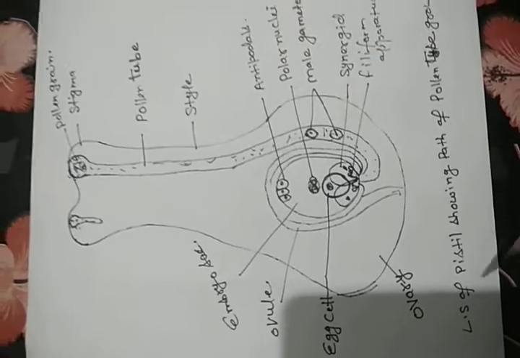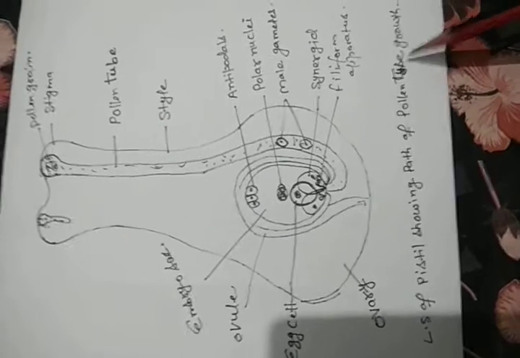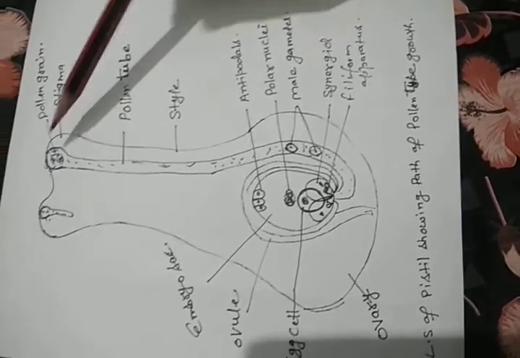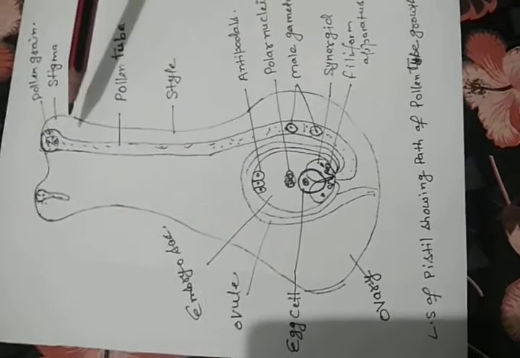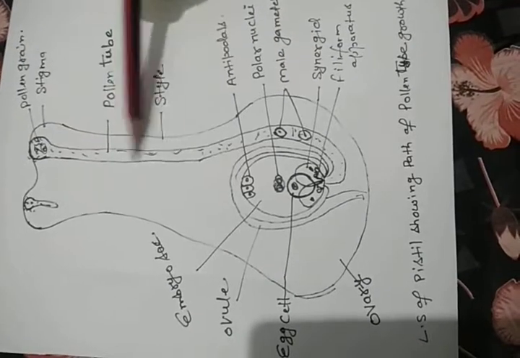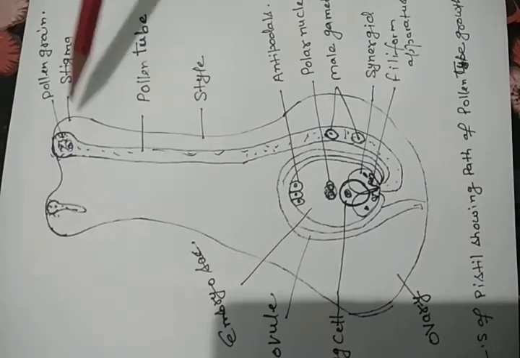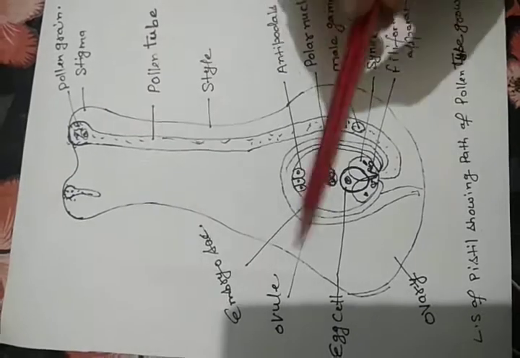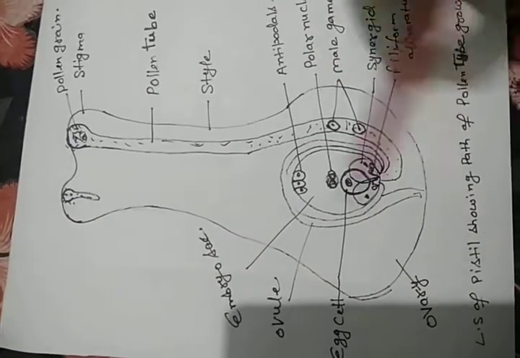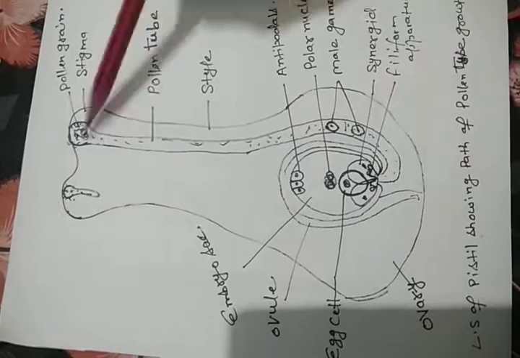This is the structure of LS of pistil showing path of pollen tube growth. So this is the complete pistil or carpel that showing the path of pollen tube growth. This is the pistil. You know that it consists of stigma. This is the stigma, and this one is the style, and this is the ovary. So the stigma, style, and ovary are the parts of this pistil, and inside the ovary this is